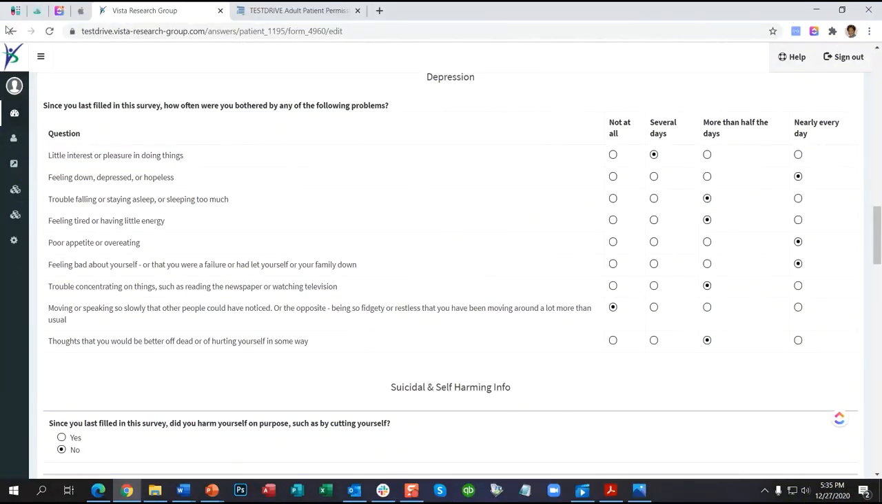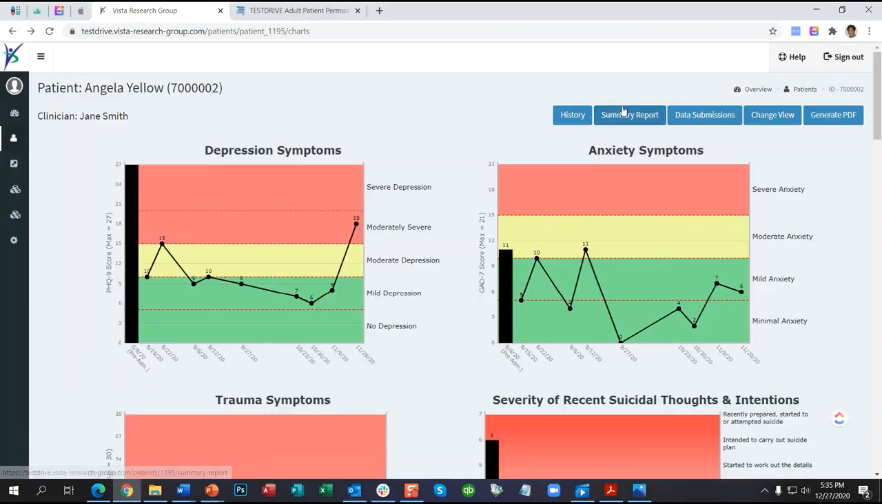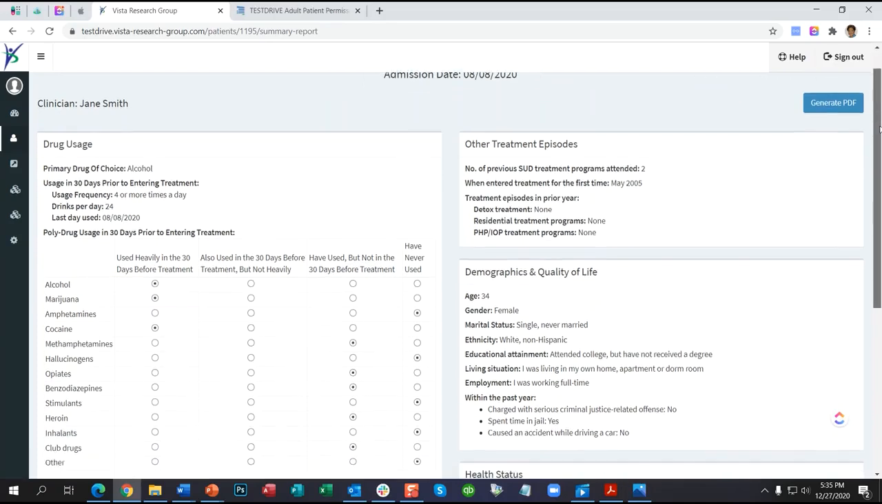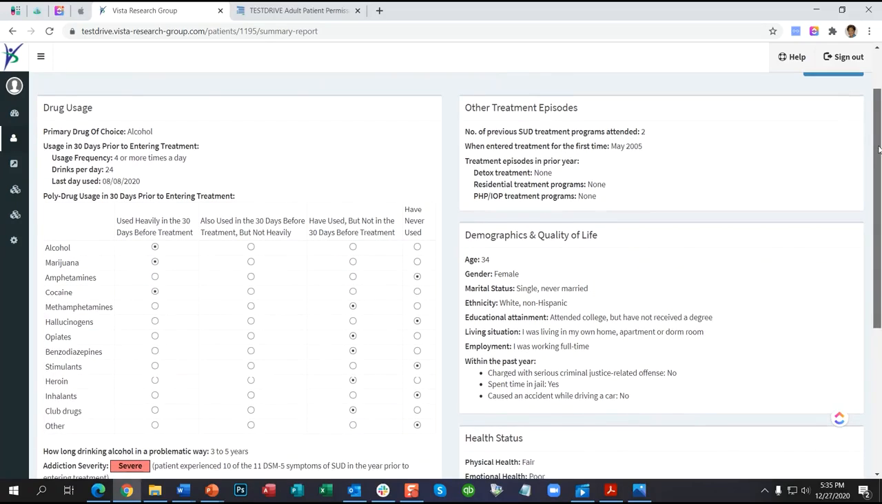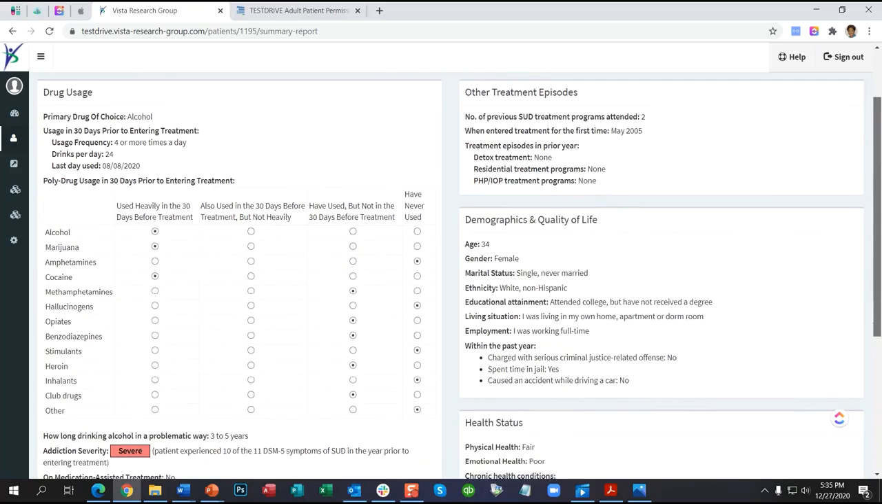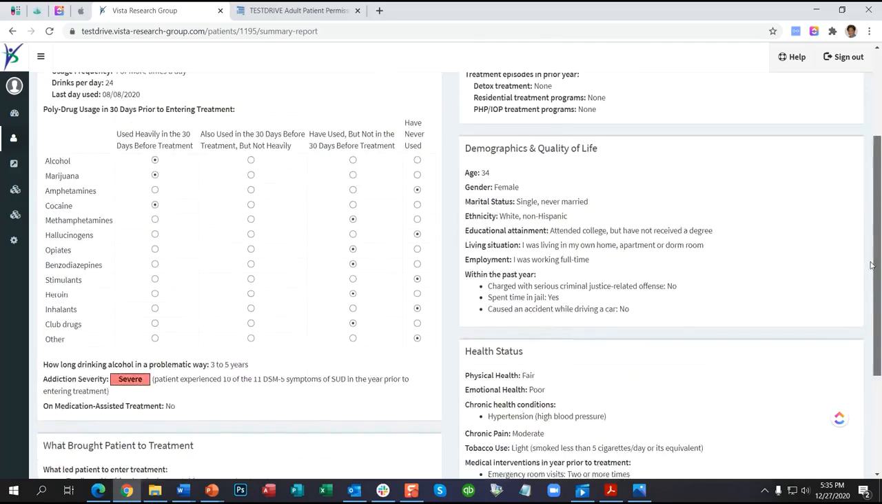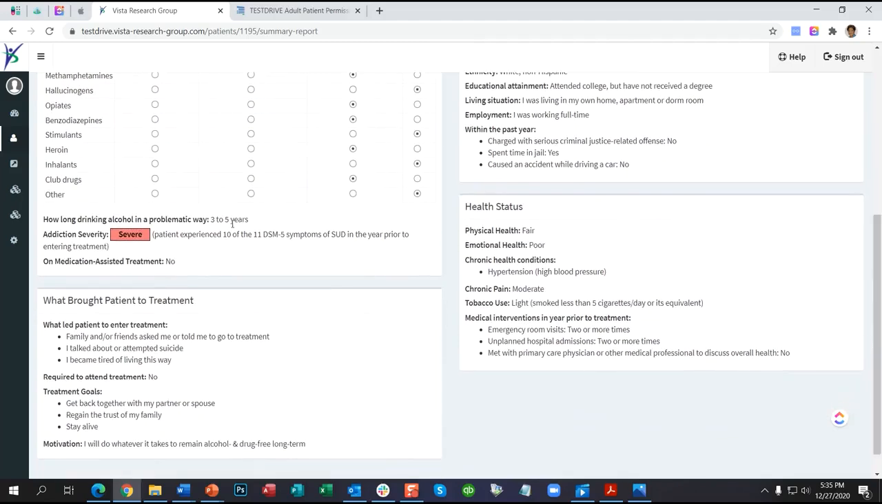Another thing I think you'll find really useful is this patient summary report, because it reports a lot of the information that your patient told us at intake were the reasons that she came to treatment. So what you can see is her primary drug of choice, how much and how she was using, what other drugs she was using prior to treatment, how long she's been using her primary drug of choice in a problematic way, how severe is her addiction, what led her to come to treatment, and does she have some specific treatment